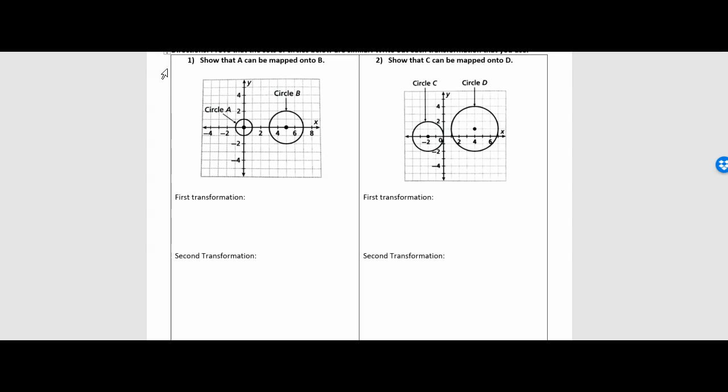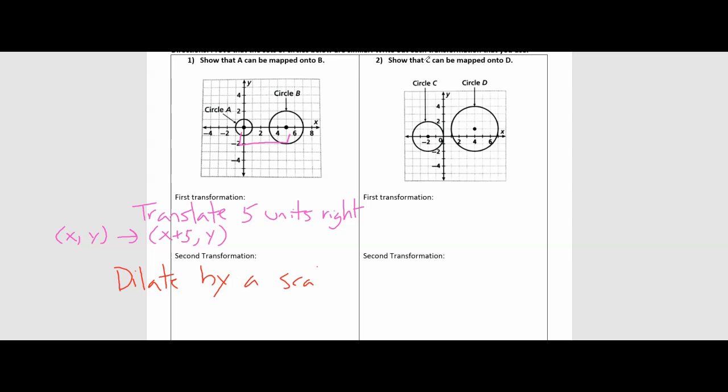Okay, so for the first one, all we need to do is translate 5 units right. And there's a couple different ways you could write it. You could write it in words. You could also write it using symbols. So you're adding 5 to each x value. You're not adding anything to the y values. Your second transformation, dilate by a scale